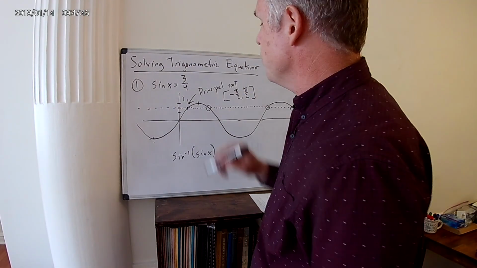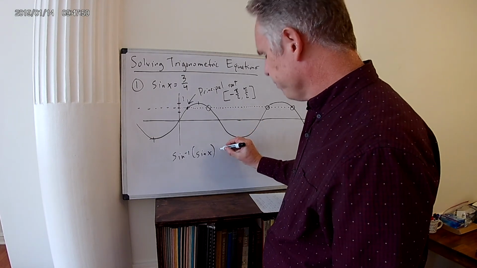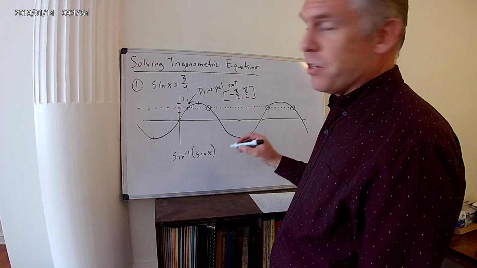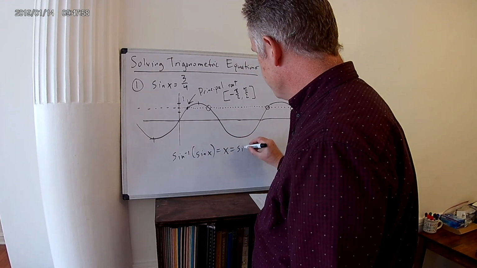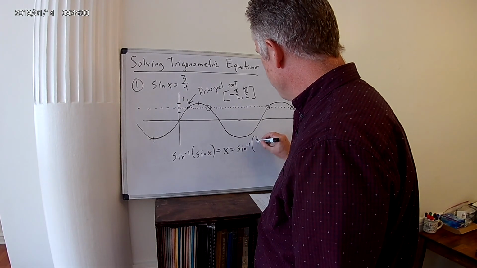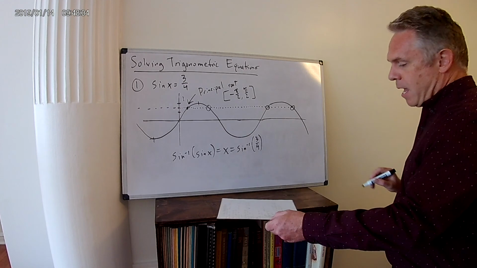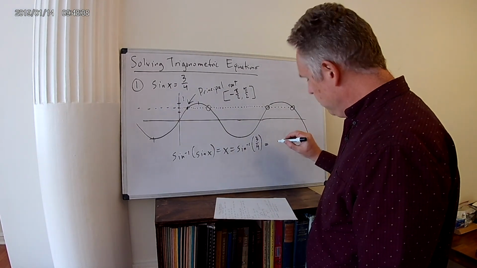I'll take the inverse sine of this equation, inverse sine of x. As we talked about, the inverse function undoes the action of the function, so this just gives us x. And we're left with x equals inverse sine of 3/4. Okay, and now you plug this in your calculator, and x comes out to a certain angle, and that angle is